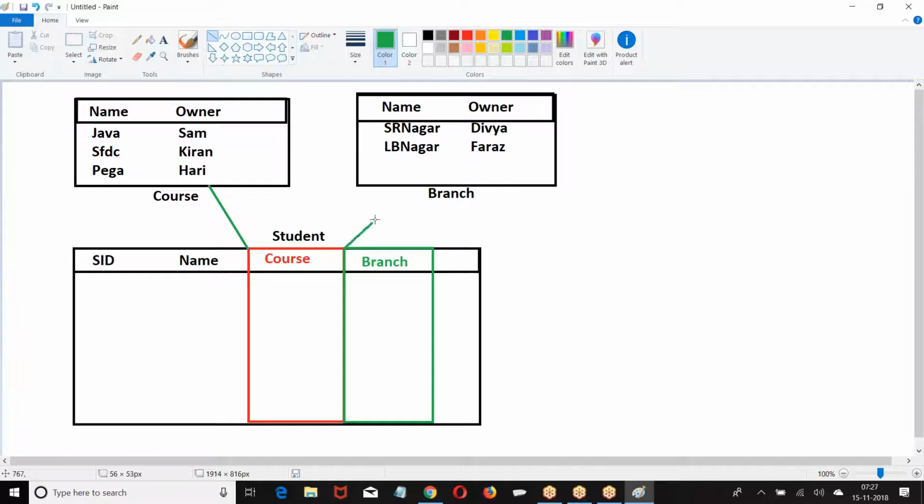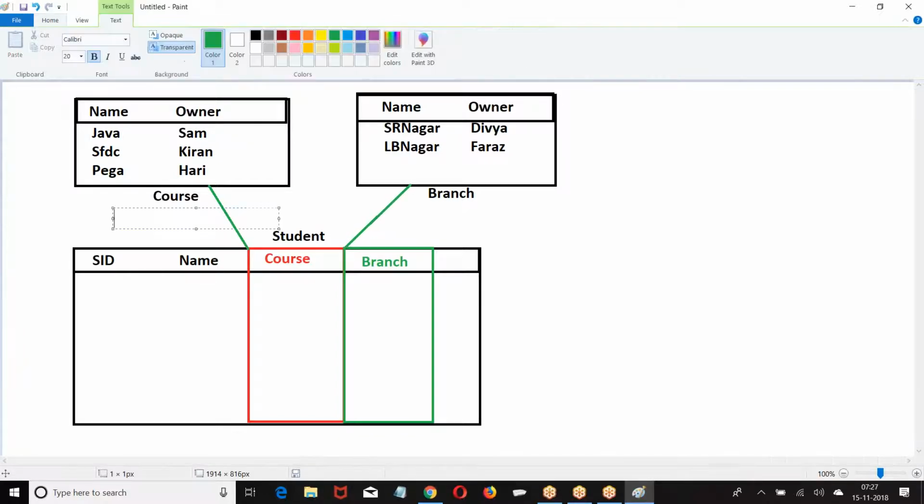Course. Second master detail field I have created? Branch. The first master detail field is called primary master. The second one is called secondary master.